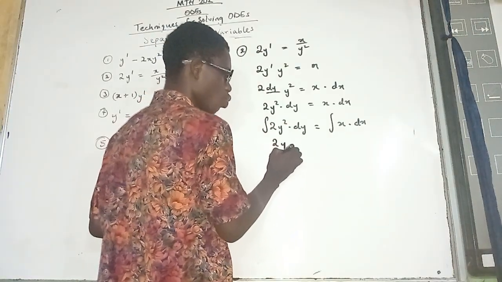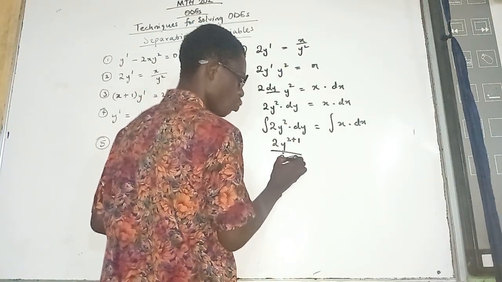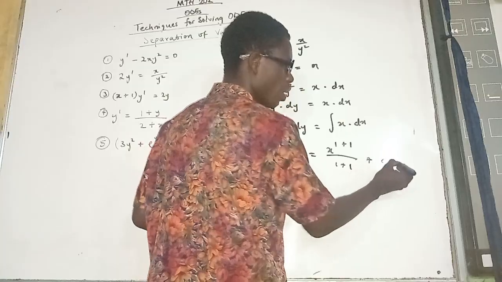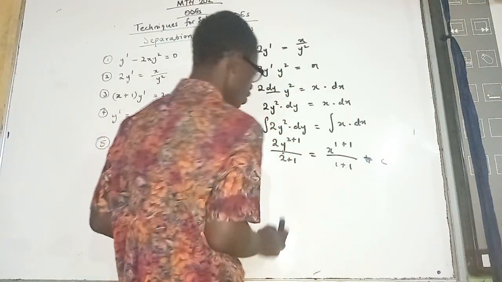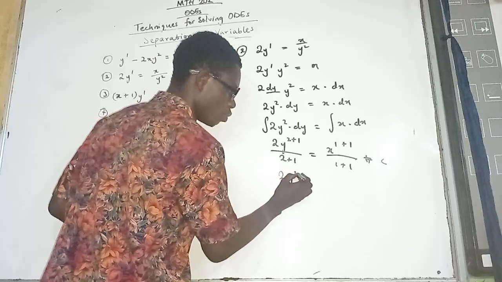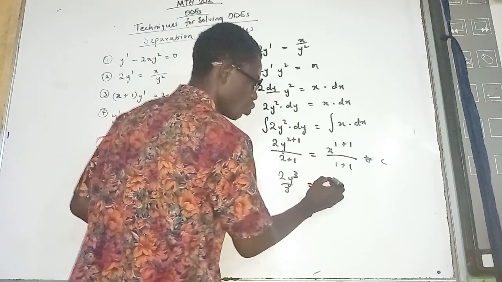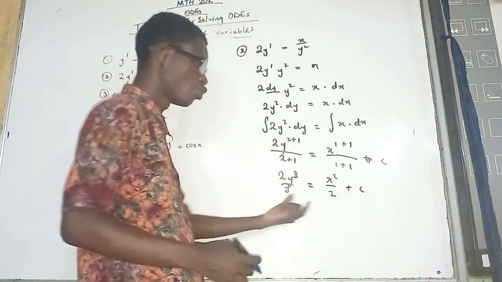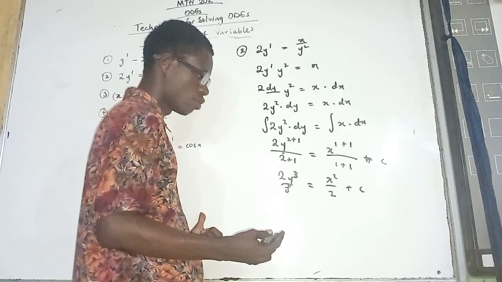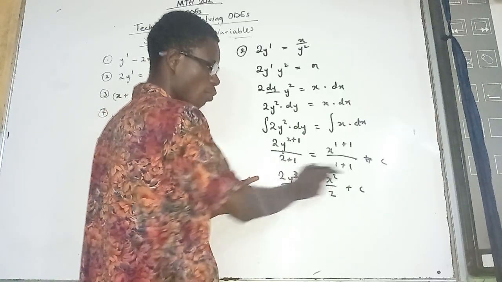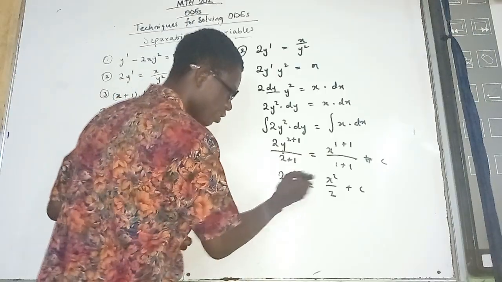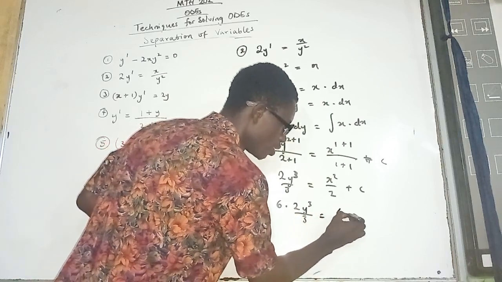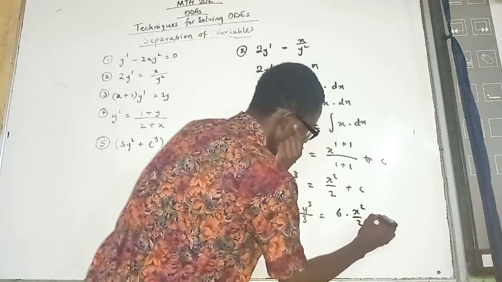Integrating this, I have 2y to the power 2 plus 1 over 2 plus 1 equals x to the power 1 plus 1 over 1 plus 1 plus my arbitrary constant. So we have 2y cubed over 3 equal to x squared over 2 plus c. Now to eliminate the 3 and 2, I multiply by 6. The LCM of 3 and 2 is 6. So I multiply this equation through by 6. So I have 6 times 2y cubed over 3 equal to 6 times x squared over 2 plus